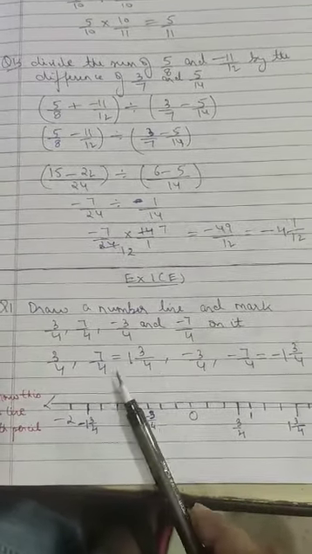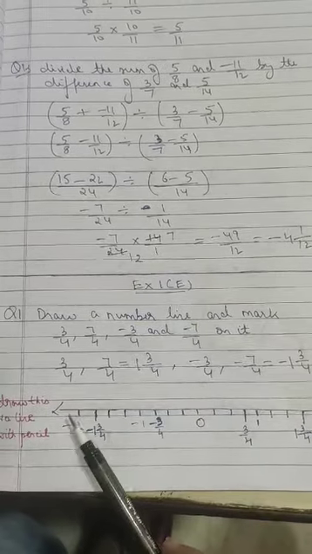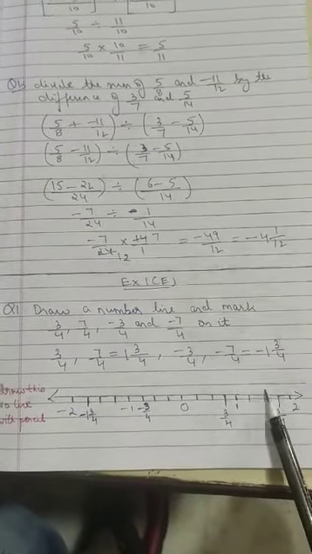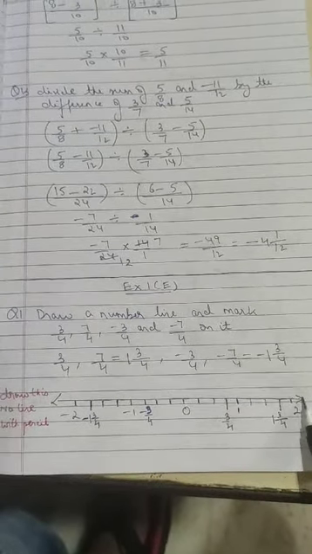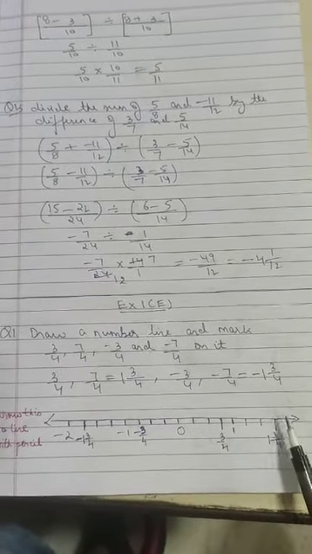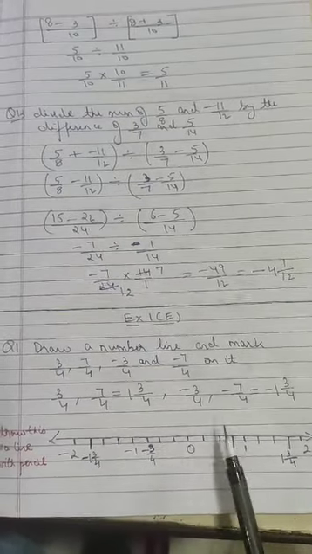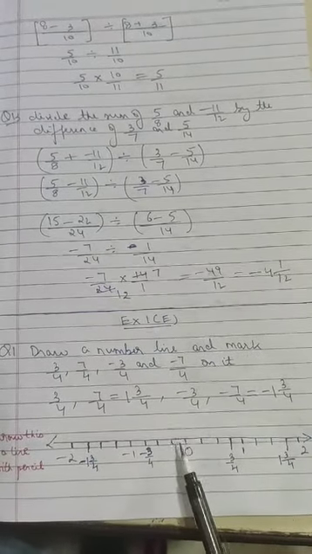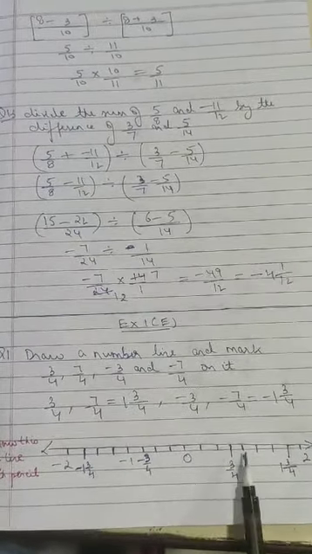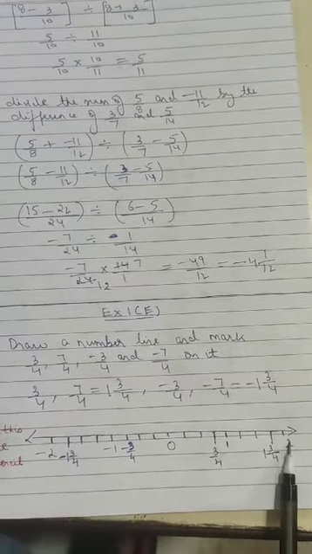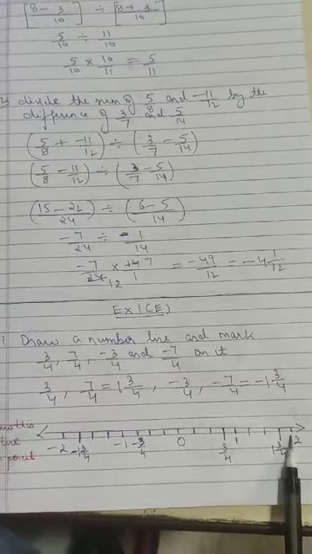Now, to plot these points on one number line, we are going to draw a number line. This number line you all have to draw with pencil. Although I have drawn with pen just so that it is clear on the camera. Now I've drawn a number line here. First of all, we are going to mark 0. Then we'll mark 1 here. Then we'll mark 2 here as we mark on a normal number line.